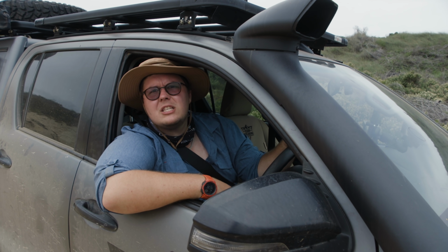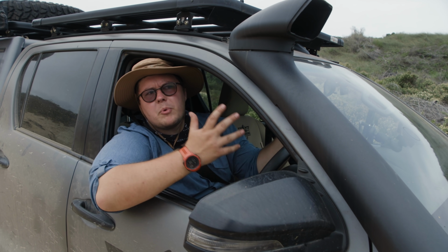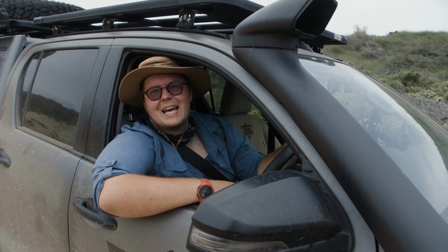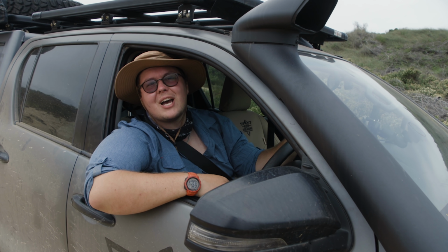And I don't think it needs to be painted in this picture of just buying lots of equipment and setting up your campsite and that's it. I think there's so much more to travel in Southern Africa, around the world for overlanding, and I hope you guys have enjoyed this journey, and I hope you guys are excited for what's to come in the future with